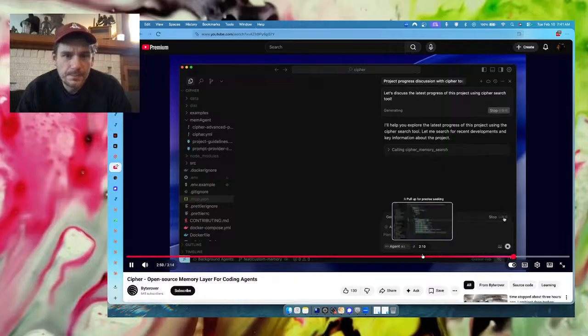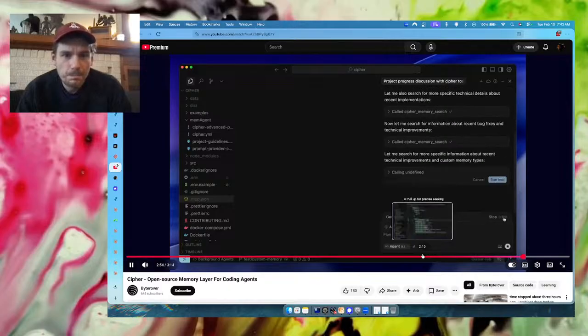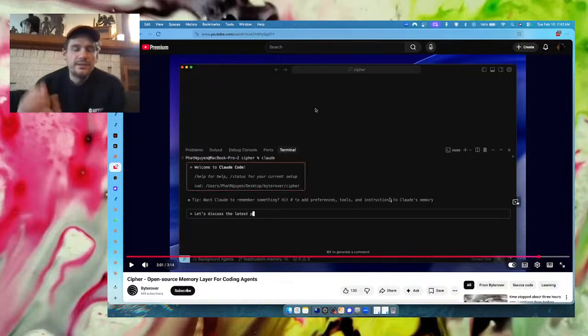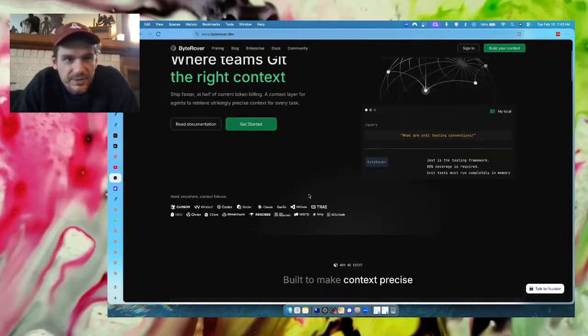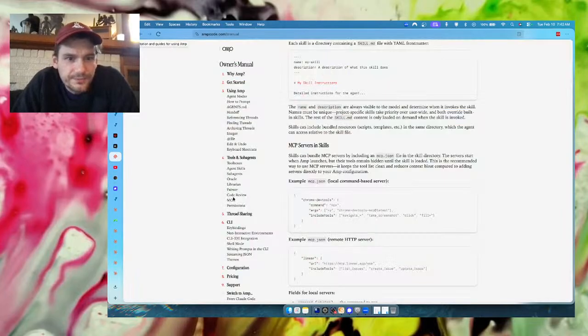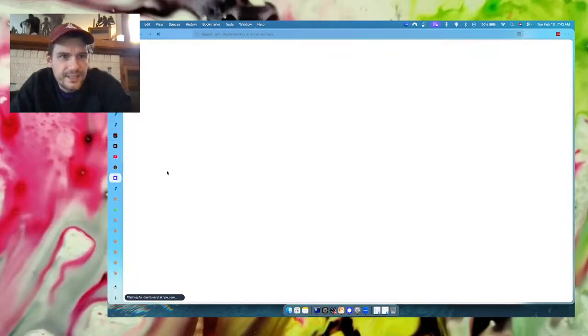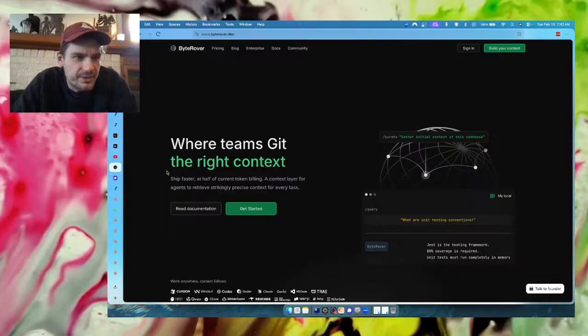I'll use Cypher's search tool to retrieve the project's progress. And boom, it correctly pulls up what's been stored in memory. Now, it's interesting that I need to sign up with vector providers, which would make sense to me off the bat, but there's one of the questions that remains for me is